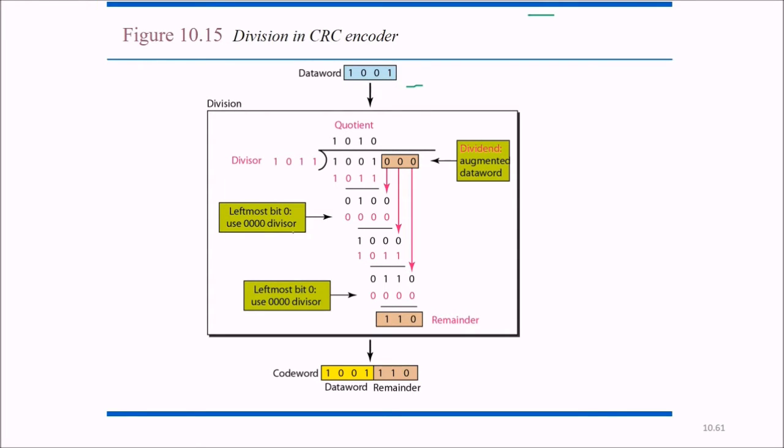And see, the leftmost bit is 0. You just have to divide normally, and the remainder is 110. So whatever remainder has come, we add the data word with the remainder, that is 110. Let me tell you again